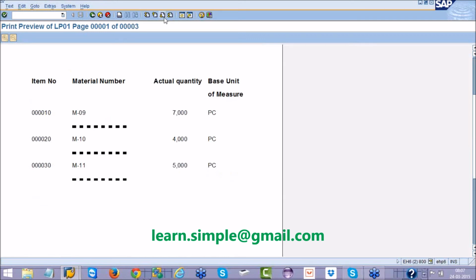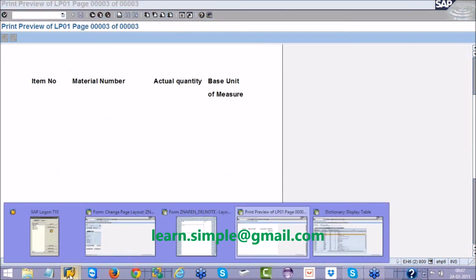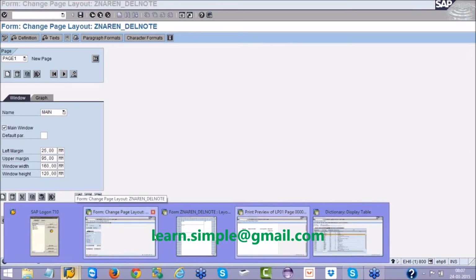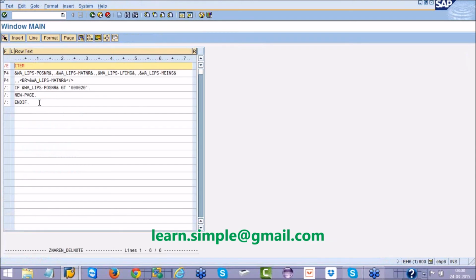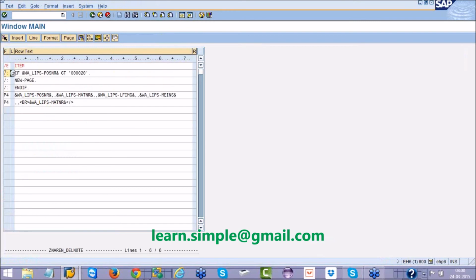10, 20, 30 is coming in this. 40 is coming in another page, and a blank is coming. So the problem is, after printing line number 30, it is checking this if condition. So what I should do is provide this if condition at the top so that the correct result comes. I should check the condition before printing. If the condition is true, before printing itself, I should trigger the new page.